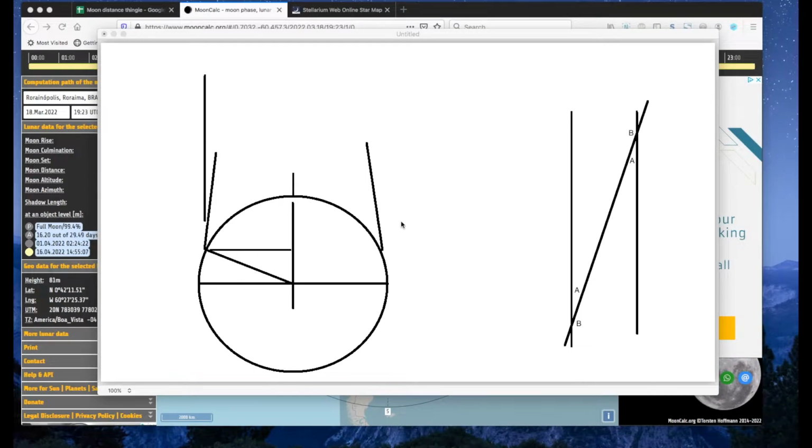Hello, I was wondering if there was another way that we could test the distance to the moon, and I came up with this idea. Let's just pretend for a minute that the Earth is round and it's not flat. If this circle that you see is the equator, so we're looking at the Earth from, let's say, the North